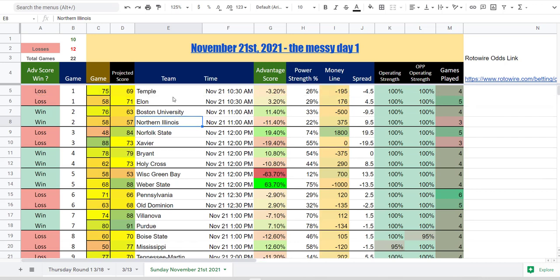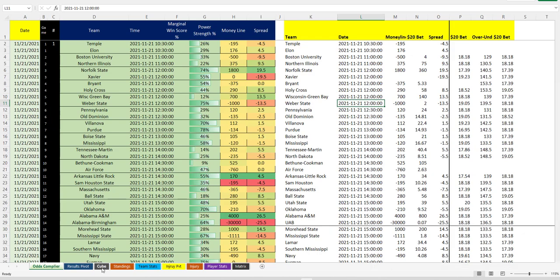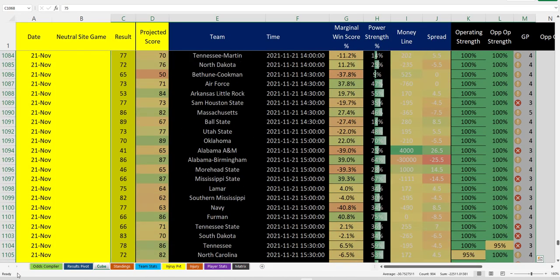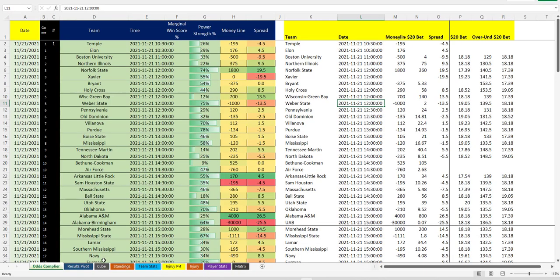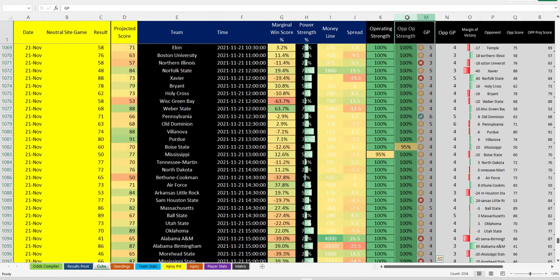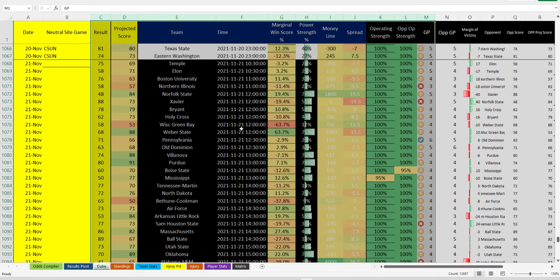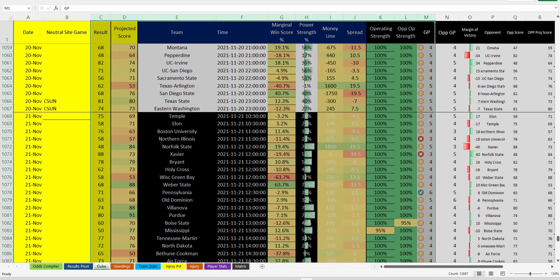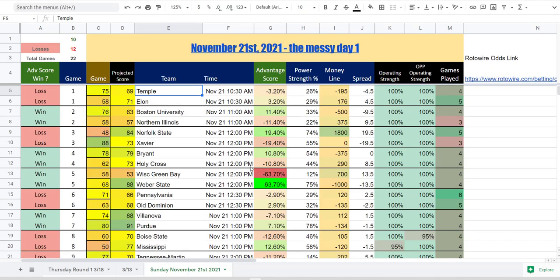What it has is a list of the games. It basically copies what's from the cube, or really from the Odds Compiler, essentially. But no, it's from the cube, sorry, because it grabs games played and health. It grabs everything from here. And when you bring this into the Google Sheet, which is what I'm going to do in the morning, once I prepare the algorithm and get the actual, I called it an advantage score. It's really a margin.